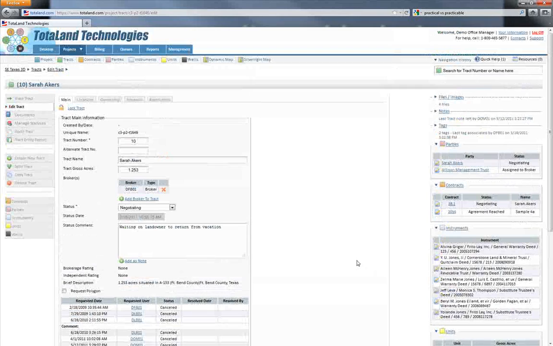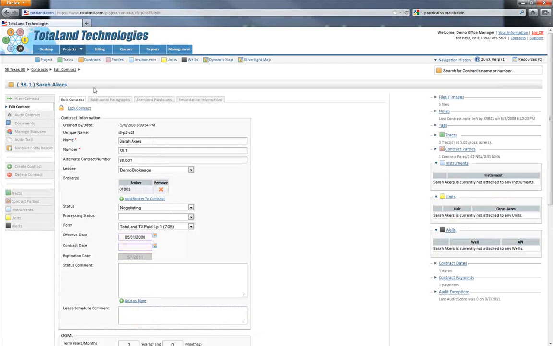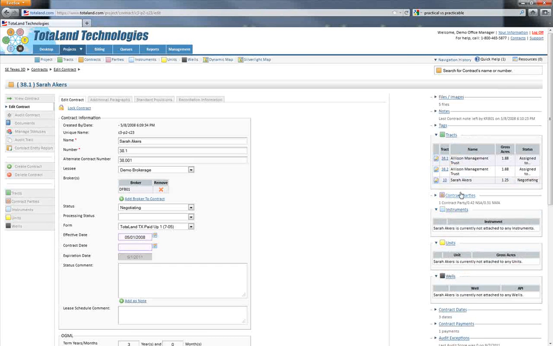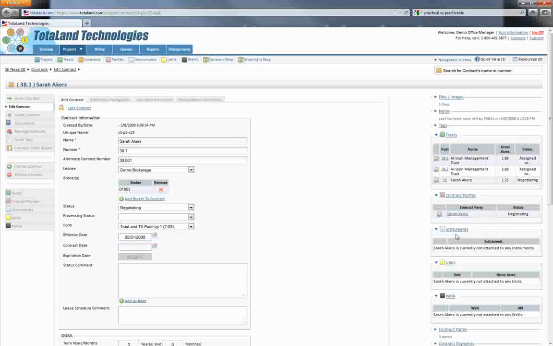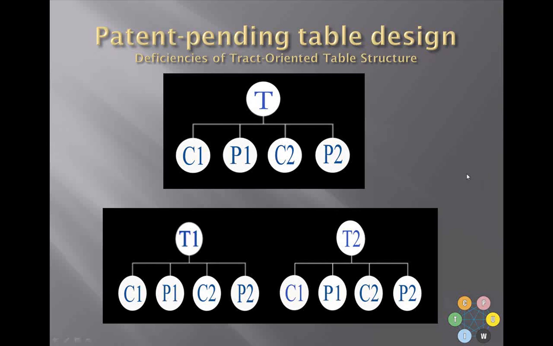And then let's say we want to look at this contract instead. So we click on this, and now we're in this contract, but now we're looking back at the tracts that contract's attached to, the contract, parties, instruments, units, and wells. So this just gives a very brief look at how the table structure and the realms manifest themselves, and I think gives a little better idea of what's going on. So now we'll jump back to the slideshow where we see